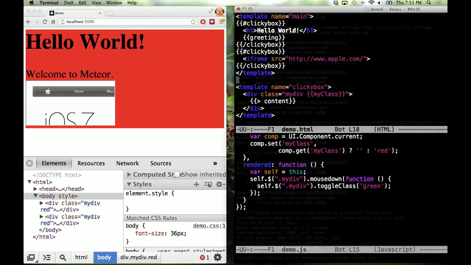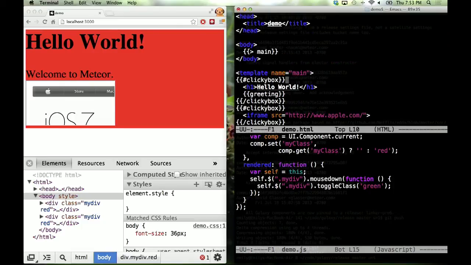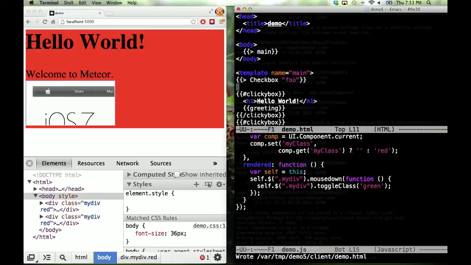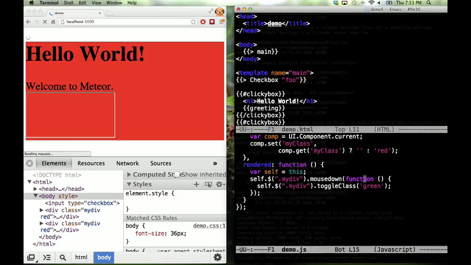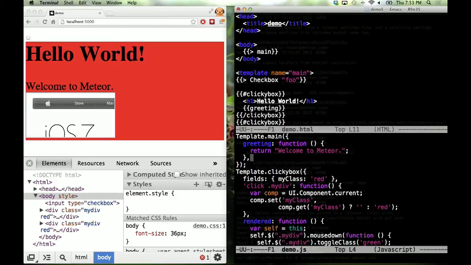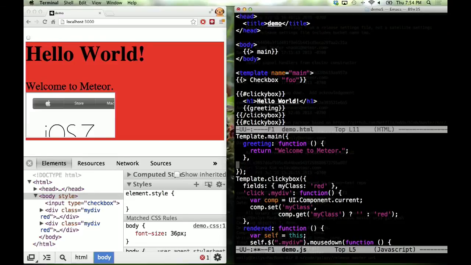OK, so I don't have a lot of time, but I want to show you one more thing. I prepared this component in advance called a checkbox. It's like those cooking shows, and here's one I made earlier. So let's call this checkbox foo, just so you know, don't think there's any significance to the name. And the idea is that this is how UI components in general would work. Not necessarily with foo in quotes, but something like, I want to use this widget to edit this value. And then on main,